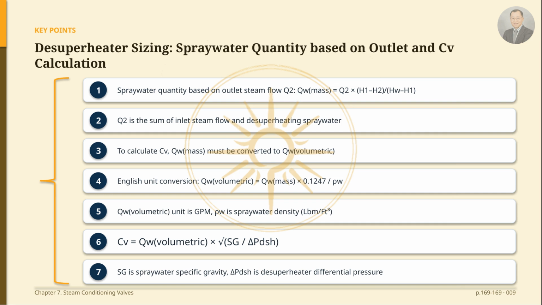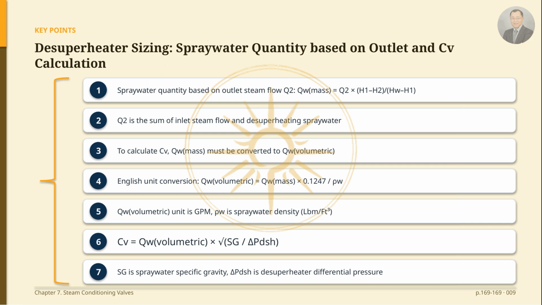After this conversion, the CV for each set of conditions is calculated by multiplying the square root of the volumetric QW multiplied by the specific gravity Sg divided by the differential pressure across the desuperheater, delta PdSH. Sg is the specific gravity of the spray water, and delta PdSH refers to the pressure differential across the proposed